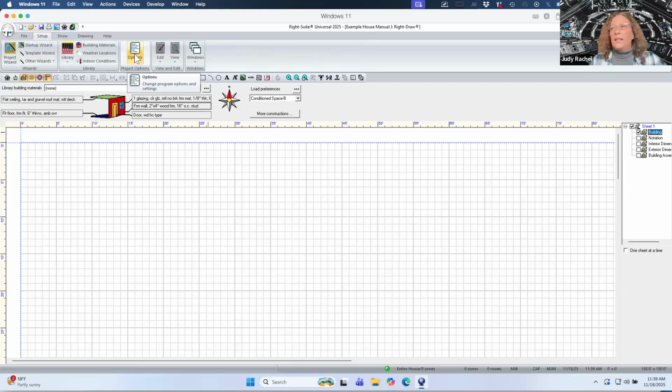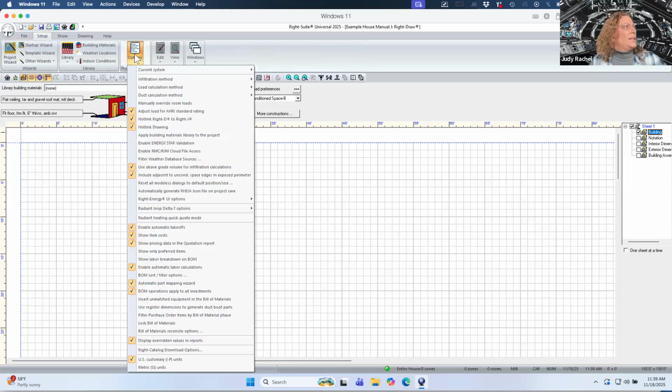What I really care about in setup is some of these options and making sure that they are chosen properly. The first one is infiltration method. There are three methods that are described in Manual J. The first two, the simplified method and the detailed method, are